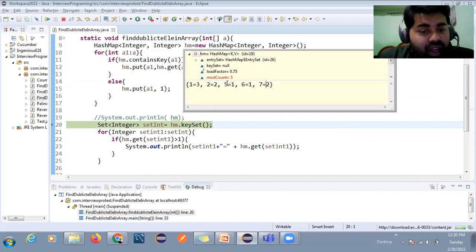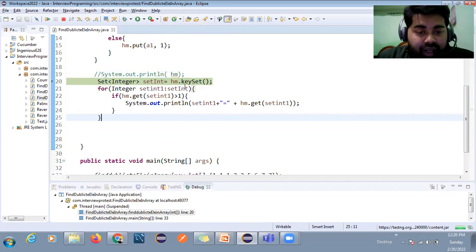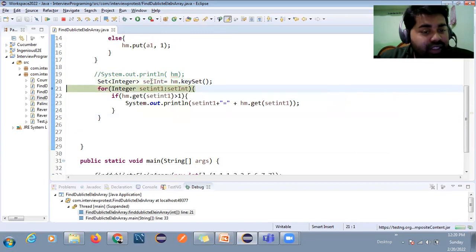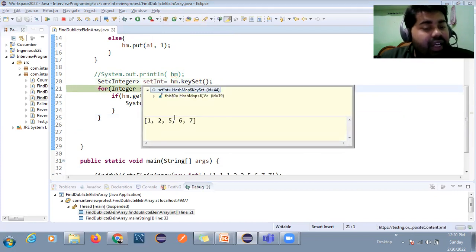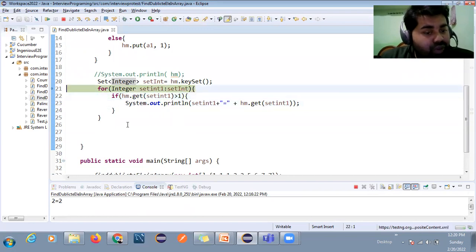Now from here onwards, we are going to filter the duplicate elements which are available in the map. How to filter the duplicate element? So here is another logic we have written to filter the duplicate elements. We have the key set, so it will extract the key value here in this set. You can see it will extract the key here. Okay, so now we are extracting this, and from here we can filter this value. We will give the condition greater than 1. So whatever is greater than 1, you can see now it is going to filter. So like that it will work.